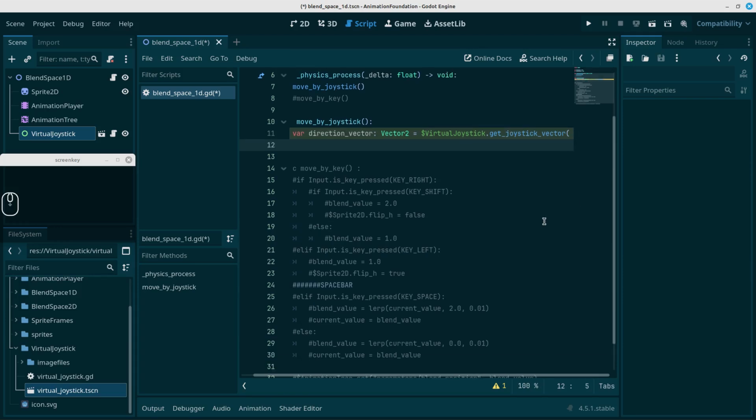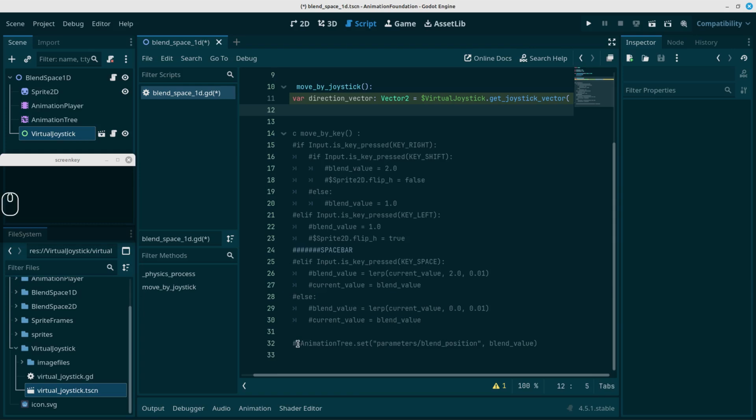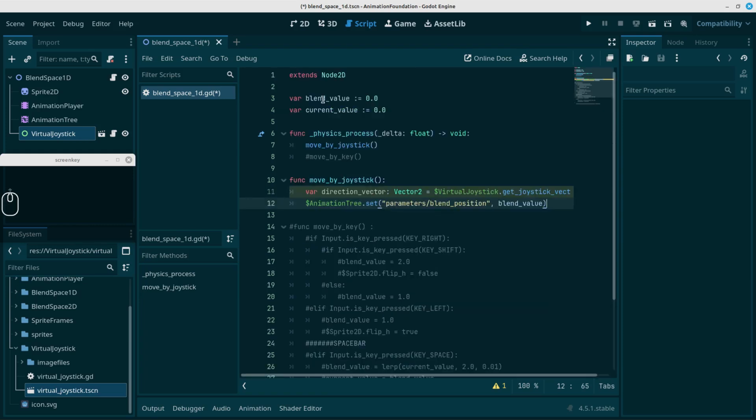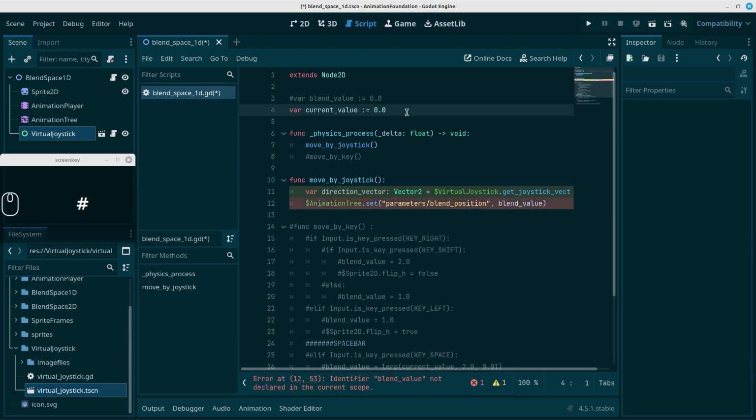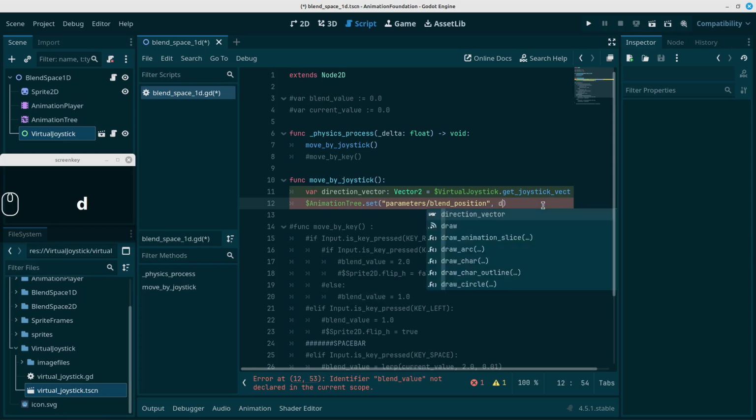If we just use the animation tree that we have here, that we did before, Control C, Control V, and try to plug in this vector, we don't need the blend value anymore. We don't need to change the blend value anymore. We are just directly using the vector now. So let's just comment this out, and we're not going to do any loop, so we don't need any current values. Over here we're going to put in the direction vector that we just created,